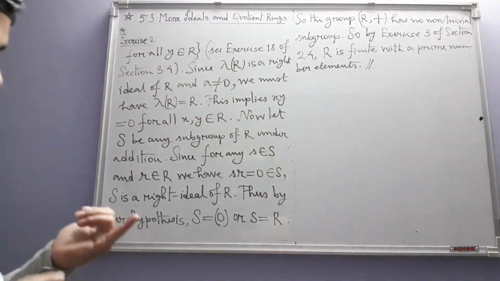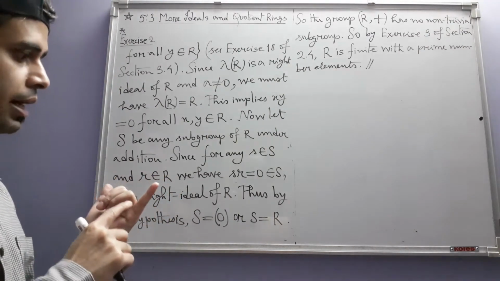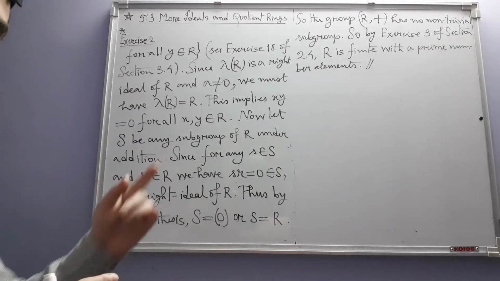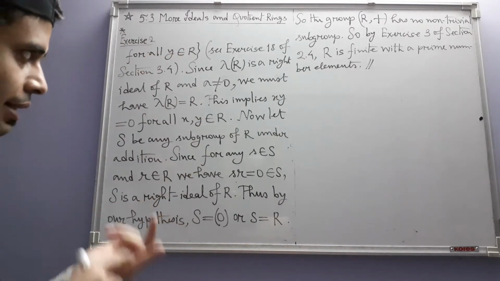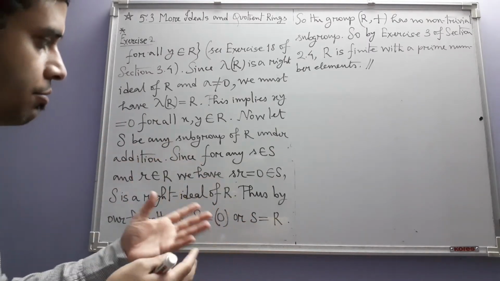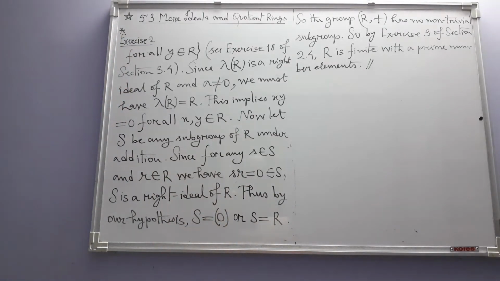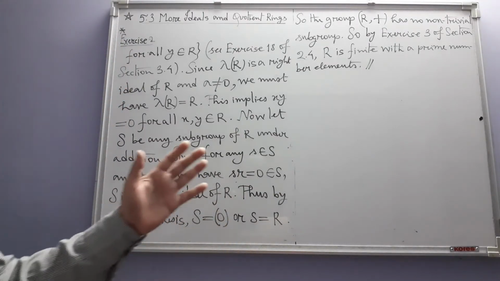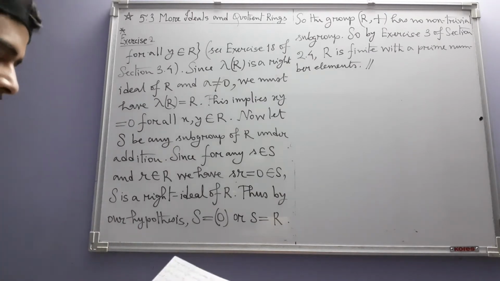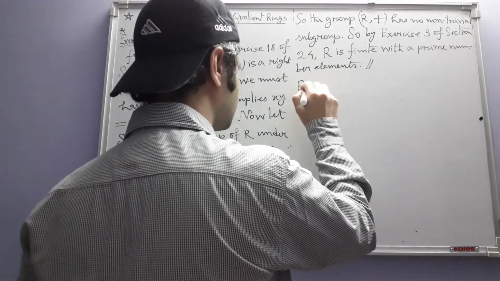So what have we proved? You see, first of all, if there is a unit element in the ring, then the ring is a division ring by the previous exercise. Otherwise it's a ring with a finite number of elements in which product of any two elements is 0. Okay, and in fact the number of elements in the ring is prime. Okay, next we come to the third exercise.